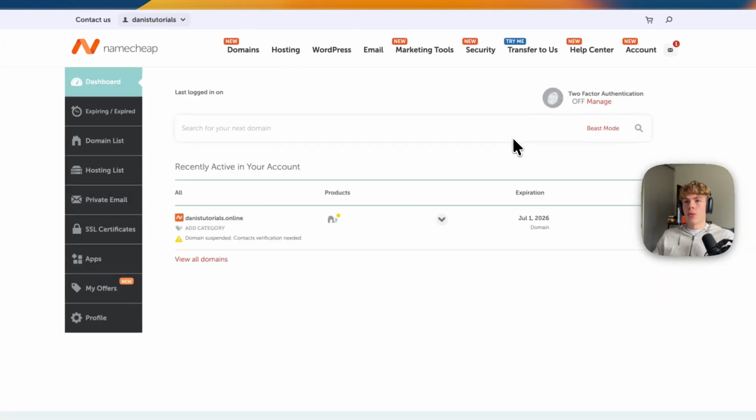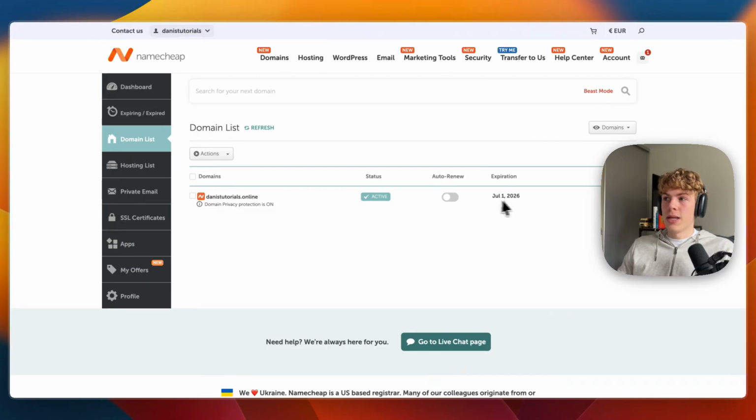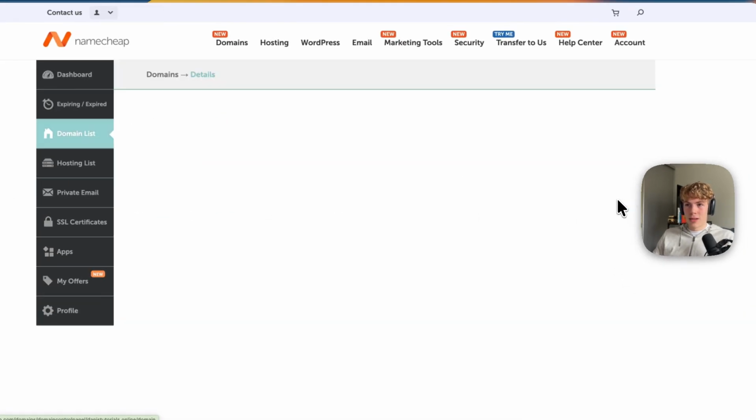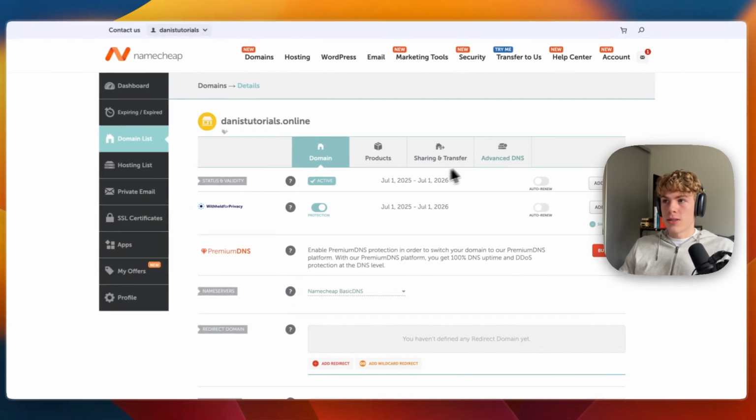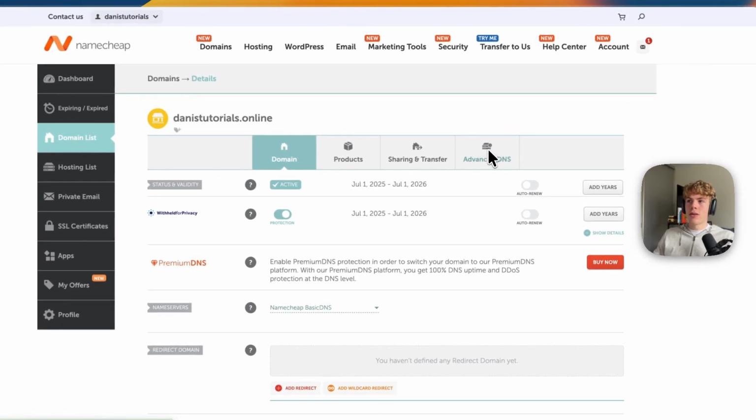dashboard. Now from within your dashboard, go to your domain list right here. And then here you find the domain that you want to use on Shopify, so that you want to connect to your Shopify store. I'll use this one, danimakestutorials.online. From there, click on Manage. And then what you can do here is go to Advanced DNS. Now, by the way, make sure your name servers here are set to Namecheap Basic DNS and go to Advanced